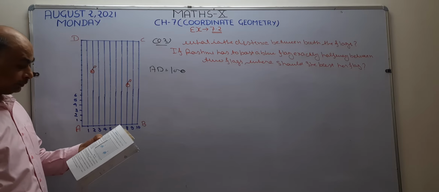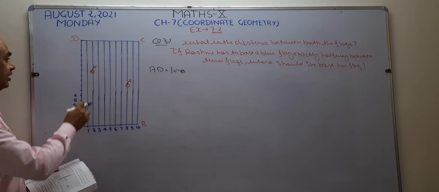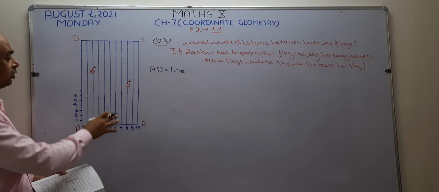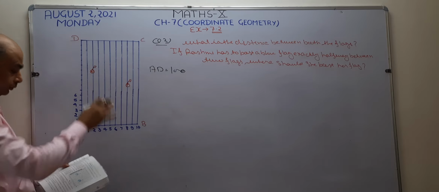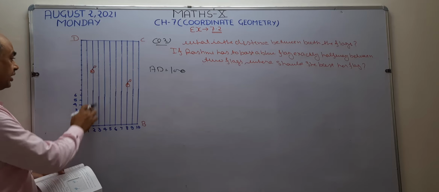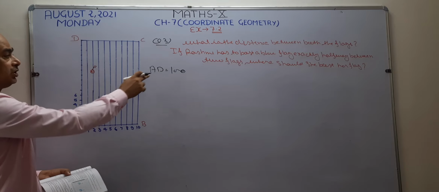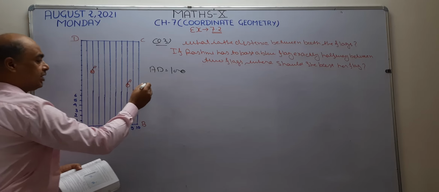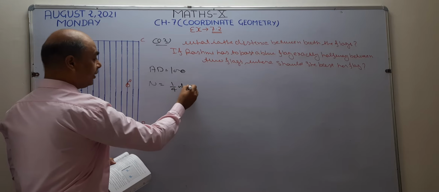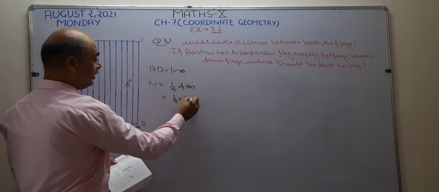After that, as shown in the figure, Niharika runs 1/4. Okay, Niharika and Preet, two students, are going to run in the ground. Niharika runs 1/4 of the distance AD. Niharika runs in the second line and she covers 1/4 of this distance. It means Niharika is going to cover 1/4 of AD. AD is given. It means Niharika is going to cover how much distance?